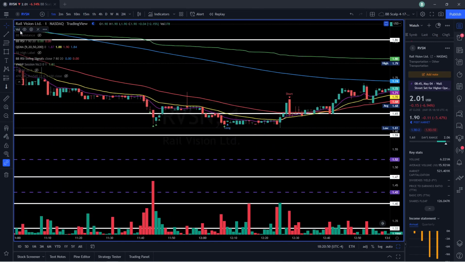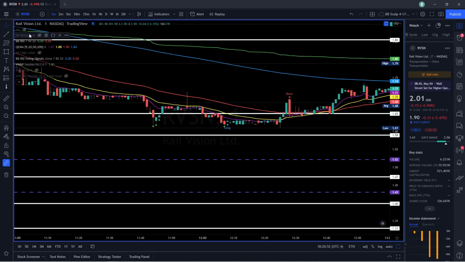Let me get rid of the volume candles here, make it a little cleaner. So this is the alert right here, 11:42. This is when we started getting our first alert. So from 11:42 to 11:48 is when we got our alerts on this, saying that this is becoming too oversold, and it's time to maybe take a look at it and look at the price action and the